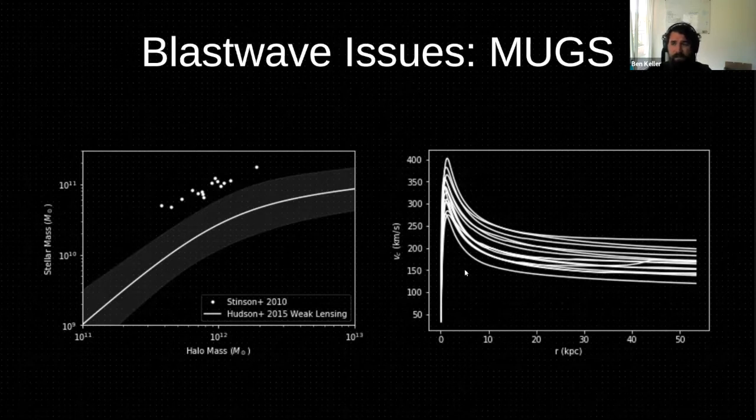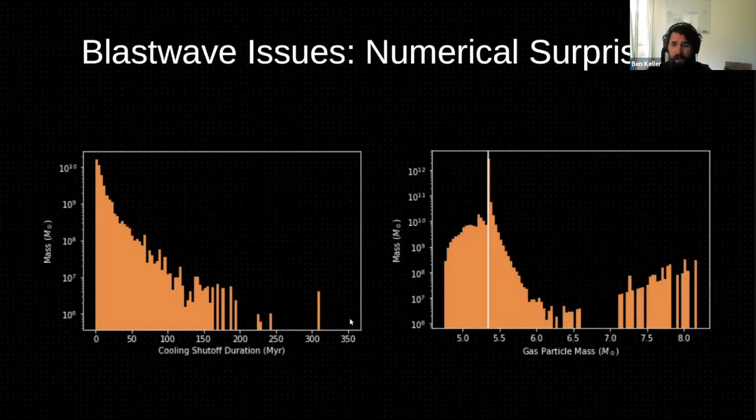So that same issue had been identified a few years later across the spectrum in the Aquila comparison project. On top of that, there are a few numerical flaws. For one thing, you can run into a situation where the cooling shutoff time that's calculated can be very, very long, hundreds of megayears in some cases. And this really isn't physically reasonable. If something has its cooling shut off for 300 megayears, it should have either broken out of the ISM or really radiated away all of its energy by that point.